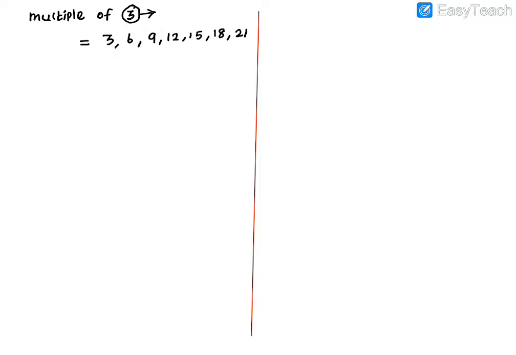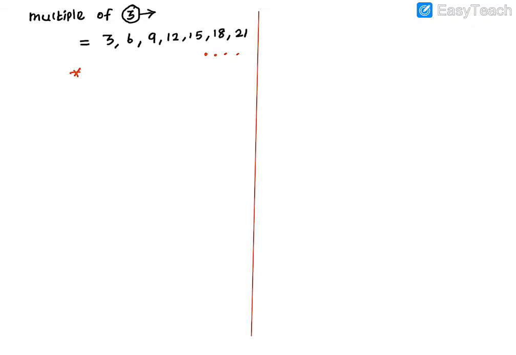So we can say the multiples of 2 are 2, 4, 6, 8, 10, 12, and it goes on like this. So what are the multiples of 3? 3, 6, 9, 12, 15, 18, 21, it will go on like this. And what about 4? 4, 8, 12, 16, 20, 24. This is called multiples. Any number you can take, we can multiply it by itself. And you know that multiples have no end. It should be endless.